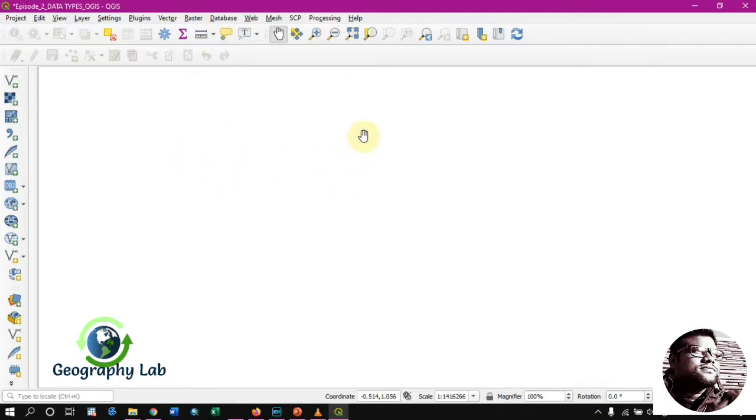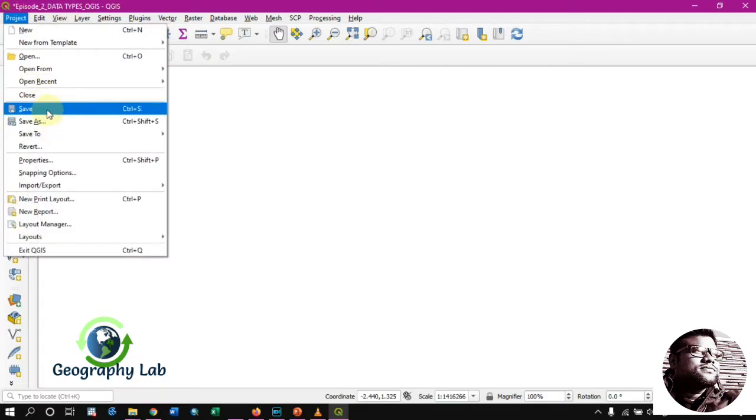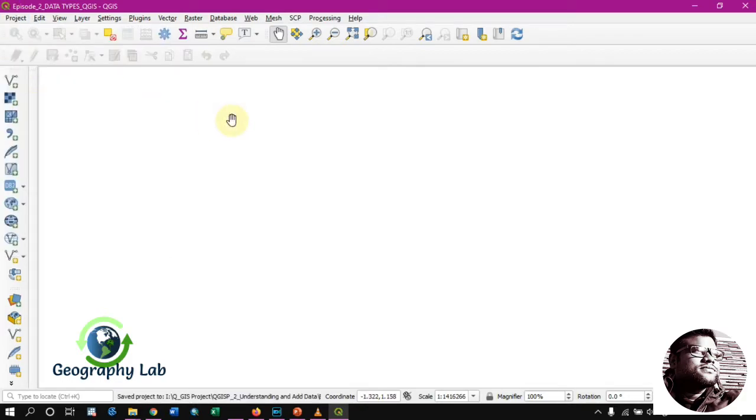So it is always good to save the project at the beginning, and after that save frequently, so you do not lose all of this if QGIS crashes.